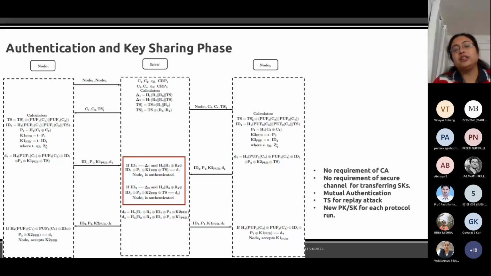So in that case, we do not have any requirement for a secure channel for transferring the secret key, which is a major block in certificate authority based systems. Now, as we have seen, both nodes and the server validate whether the message has been truly generated by the other using this keyed hash function. We use the timestamp to stop replay attack, and we can use a new public key private key pair for every protocol run. Okay, so now